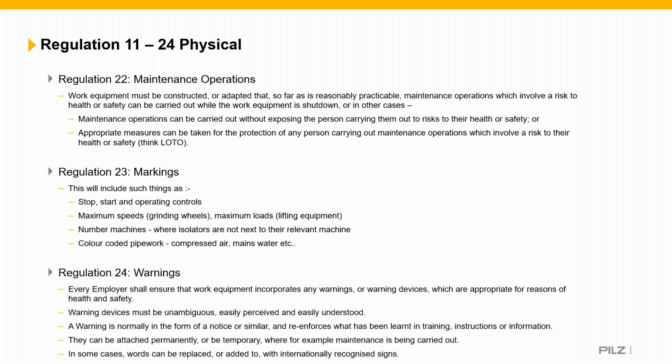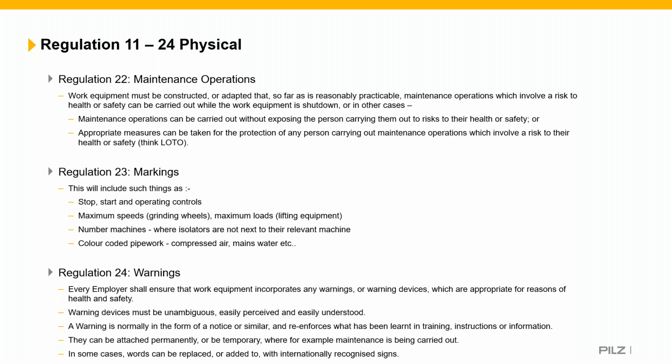Regulation 24 looks at warnings and warning devices. So we should have the warning devices where appropriate for reasons of health and safety. They need to be unambiguous, easily perceived and easily understood. And there are set